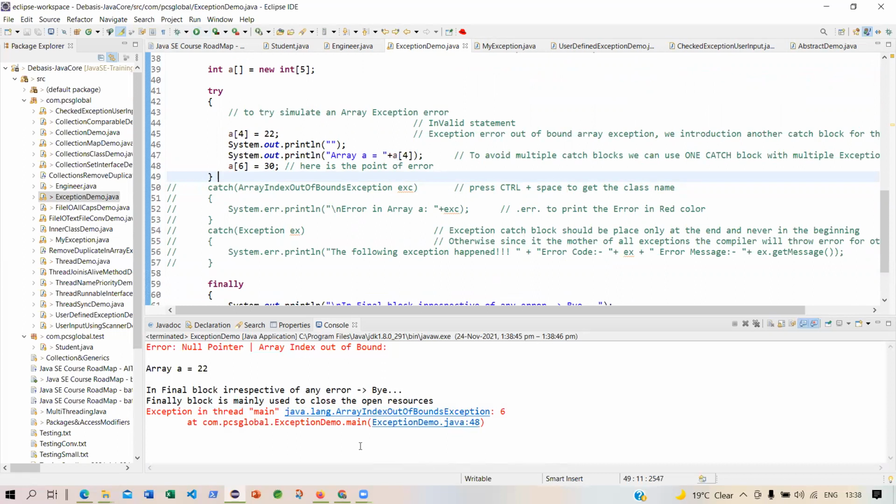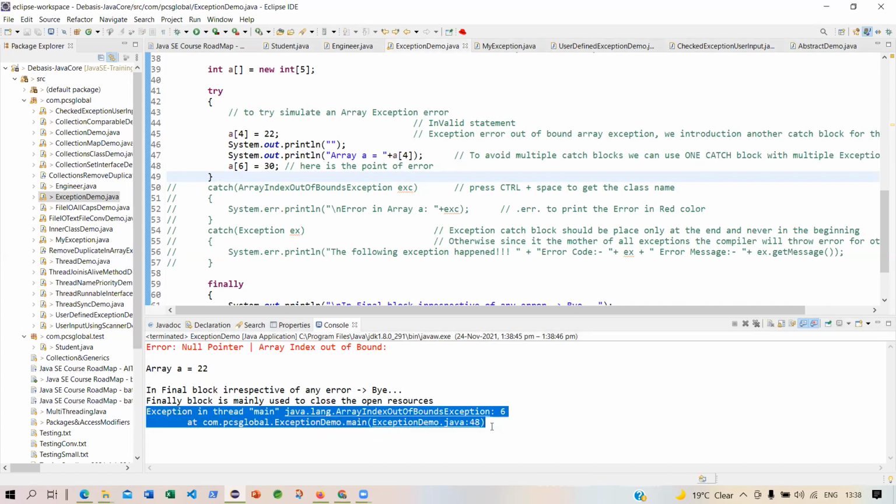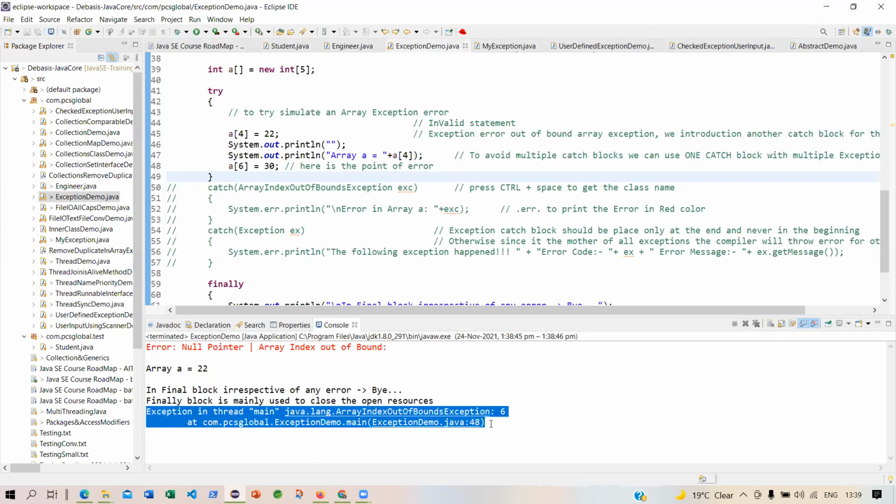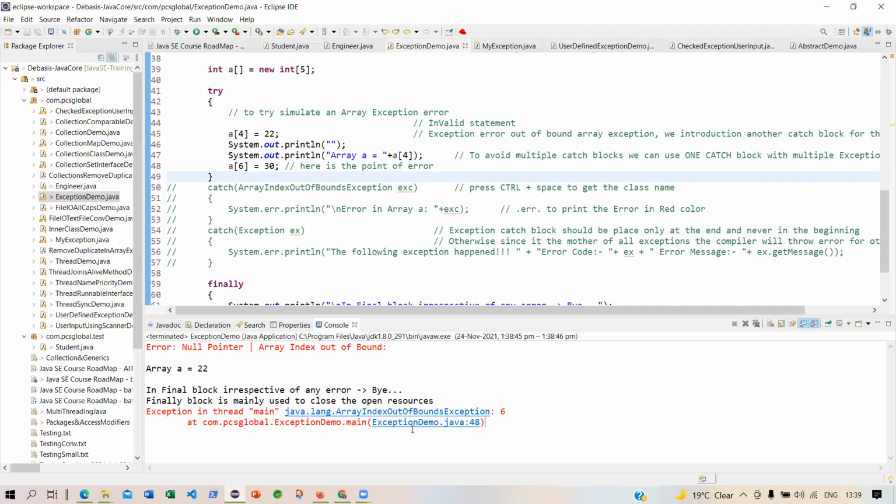Are you seeing that this is handled by the exception from the runtime engine? This is nowhere I have given such message, right? So this is coming from the runtime engine, and this does not look good. That's why, because it is not your message. And what has the user tried to do with the name of the file or the program and also the line number? It doesn't have anything to do with the line number.